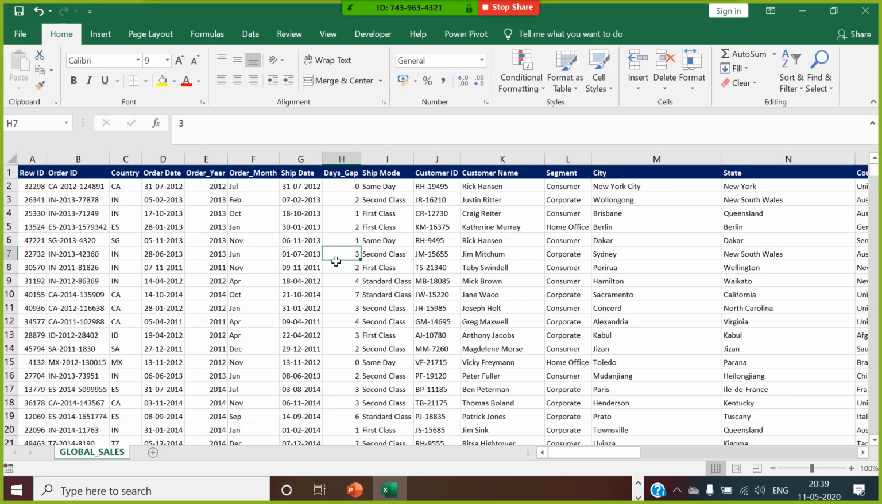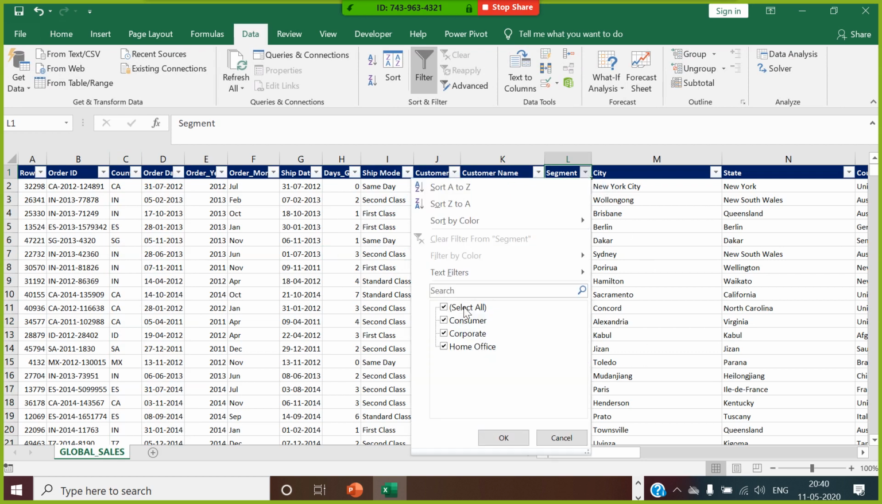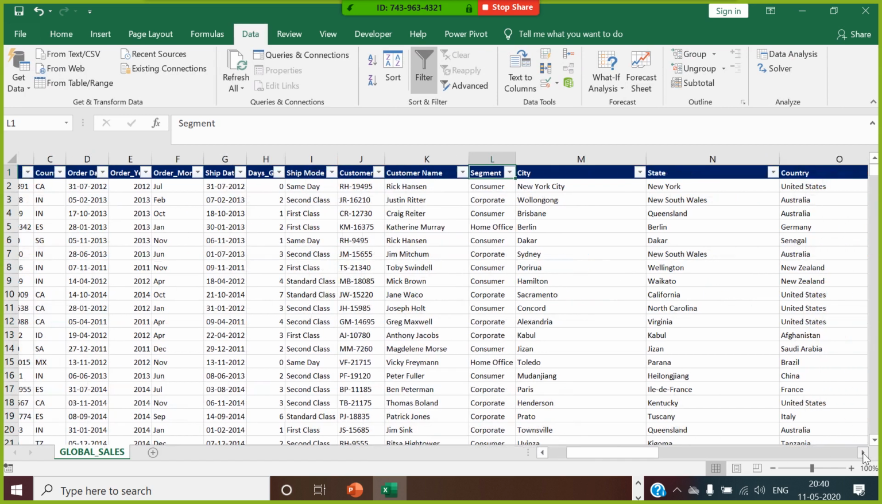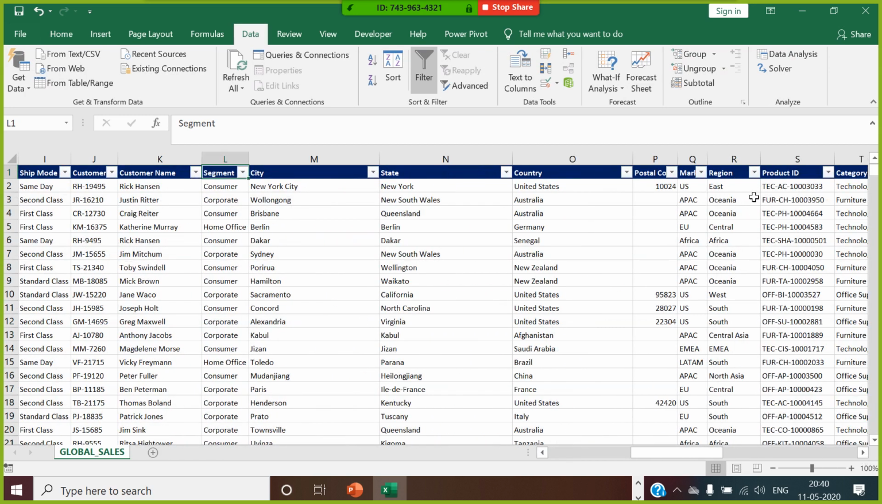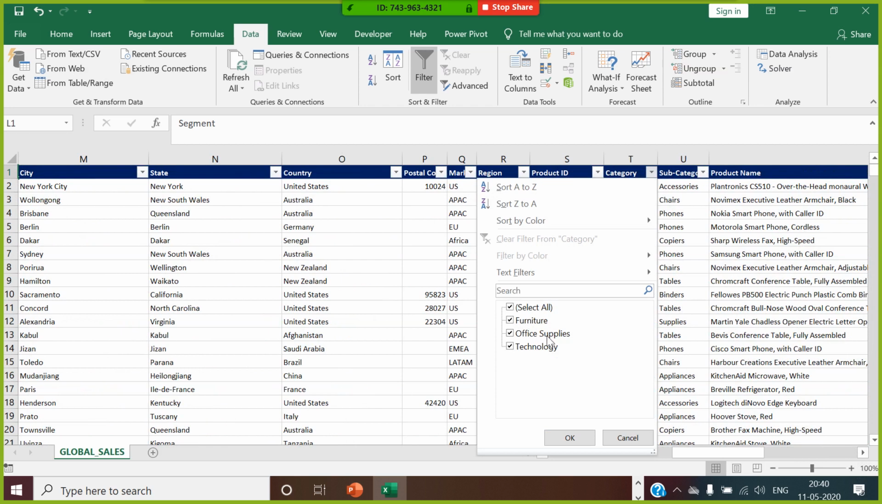So let me give you a background of this data. It is worldwide. Customers have given orders on 3 segmented products: consumer, corporate, and home office. You can see the product category which is given over here. There are 3 different categories. There are some furniture products, some office supplies products, and some technology products which have been ordered